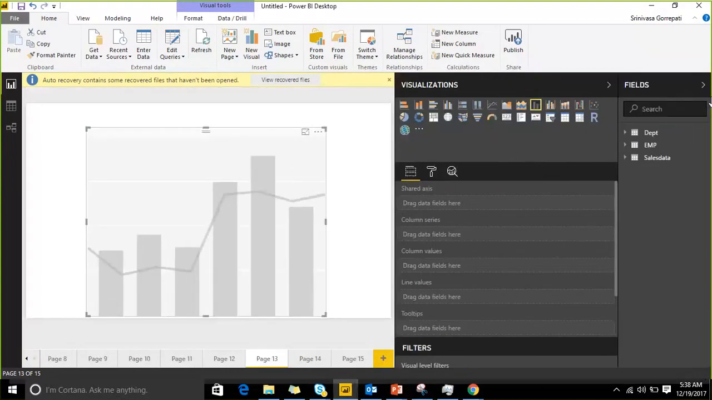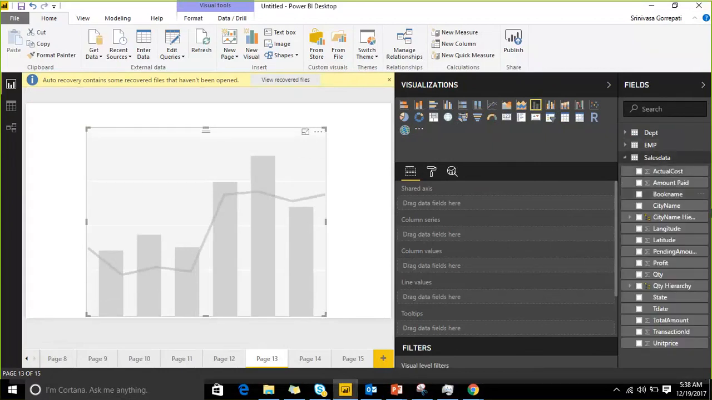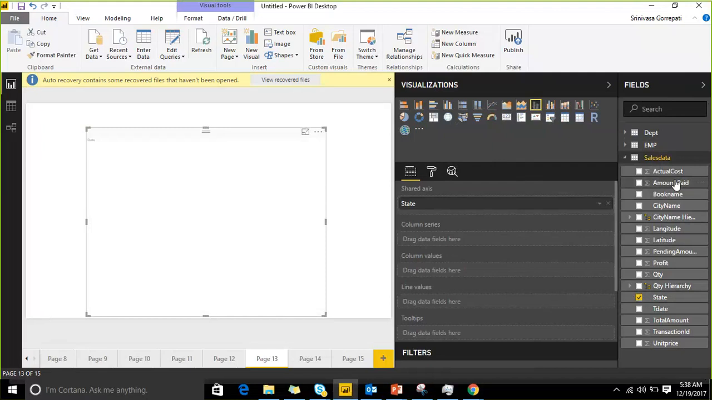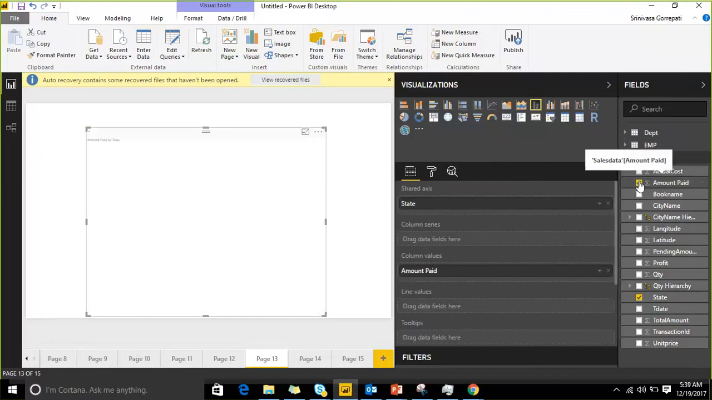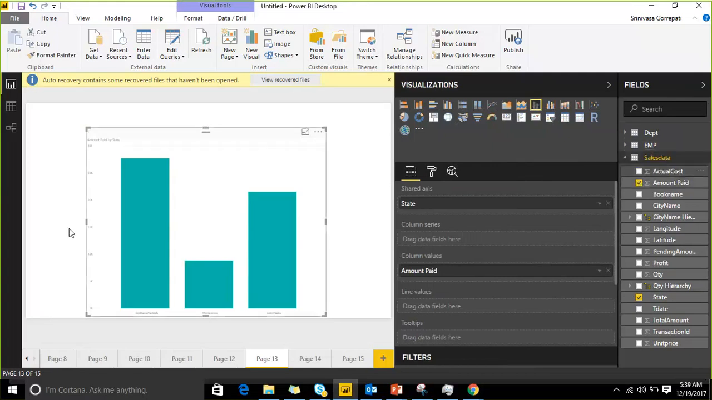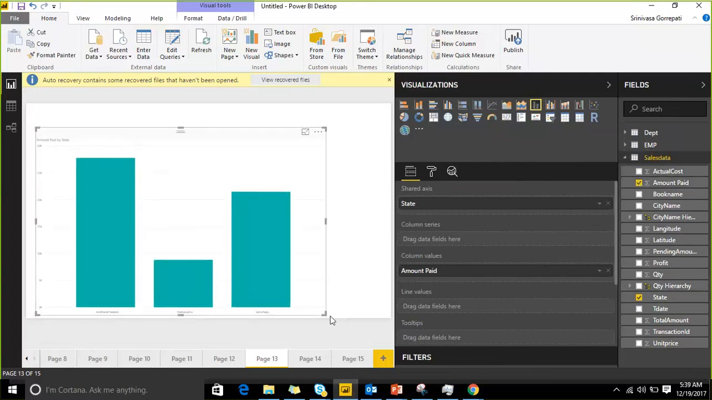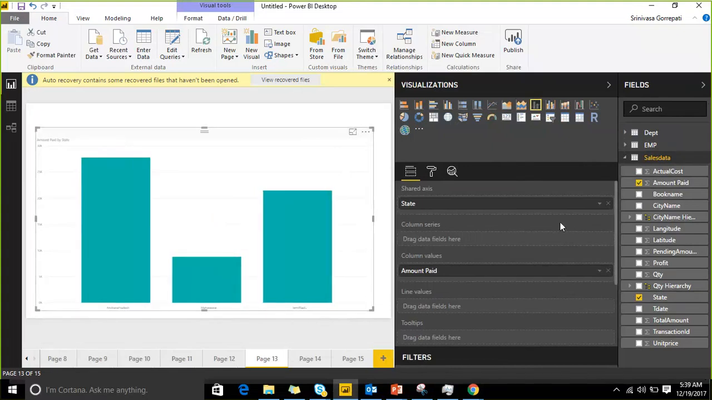Here also, you need to represent your dimensions, first dimension, second dimension, that state wise. On a line, as I said, the most frequently used line will be part of time related intelligence. So what I am doing here is,